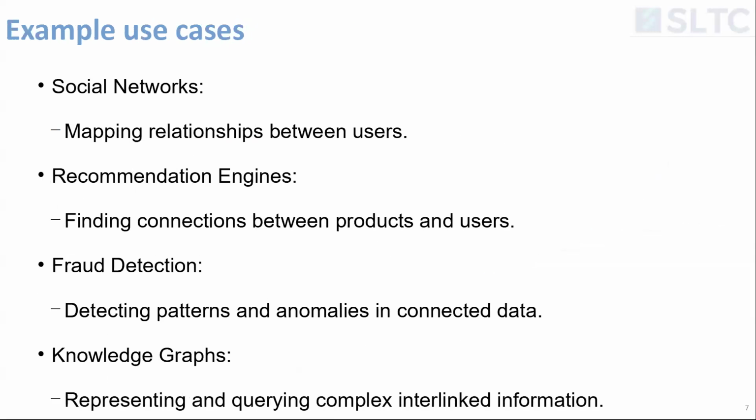So what are some of the example use cases where we can see graph databases? First and foremost is social networks. Because when it comes to social networks, relationships are a very integrated part of the social network, isn't it? In fact, it is the whole thing of social networks. So when I have a Facebook account,